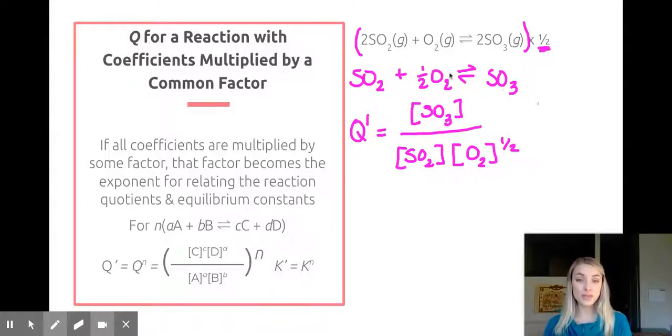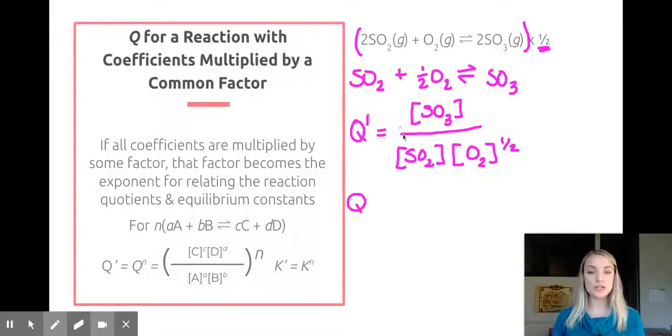If we compare this, so this is our Q prime, this is like this guy over here. If we compare this to the Q of our reaction to the 1/2 power, we're going to now look back up to our original equation and then take it to the 1/2 power. We will see that Q to the 1/2 is equal to Q prime in this instance. So Q to the 1/2, we have, once again,